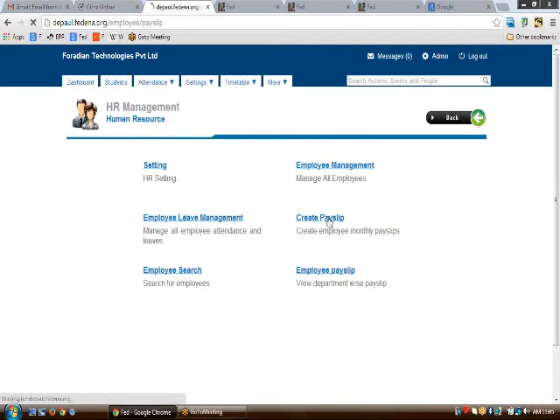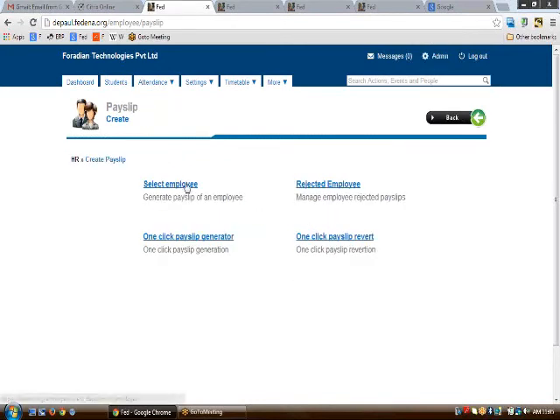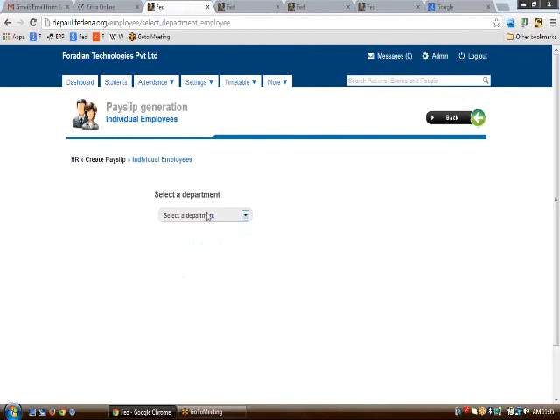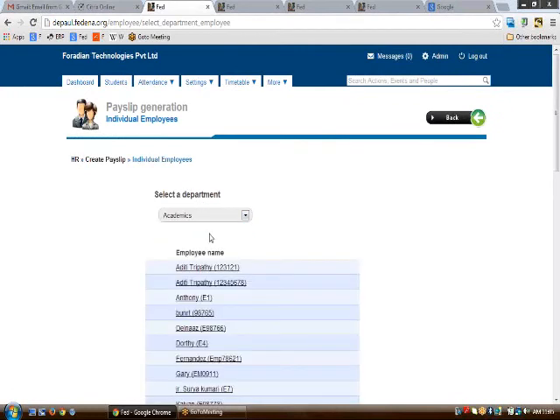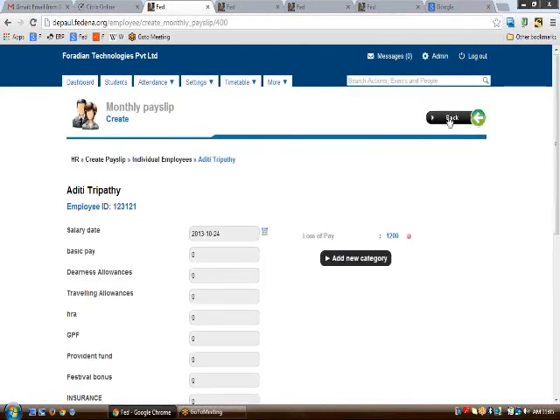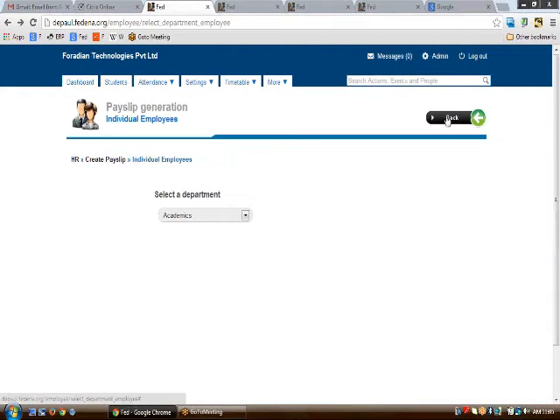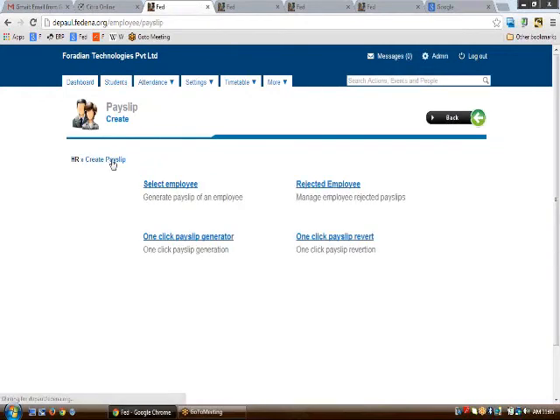Now if you want to create a payslip of a particular employee, you need to select the department, go to the particular employee name and add the relevant details. So this way I can add the payslips of different employees, and then I can also reject them. Let us say that somebody from the HR department has created a sample payslip,